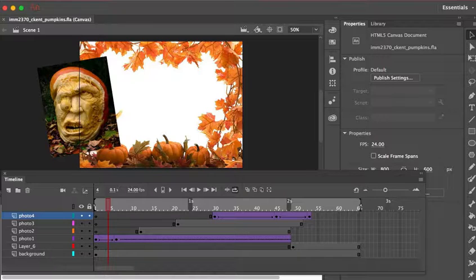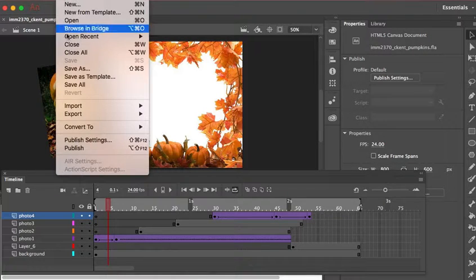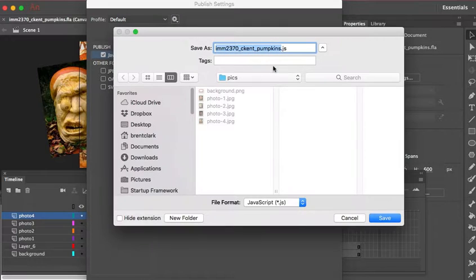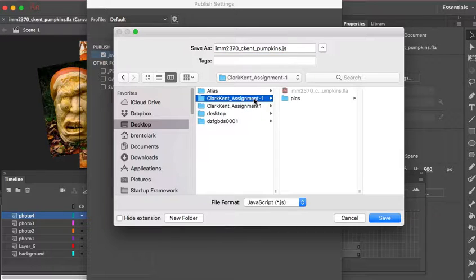Now I'm going to publish, so I'm going to go up to, oh, you know what, sorry, I probably cut this off, but up here at the very top, you go under File, Publish Settings, and make sure your JavaScript/HTML is checked, and make sure this is in your folder where it's the right folder. So I'm in Desktop, in one Clark Kent assignment-1 is where I want it. I'm going to do Save,